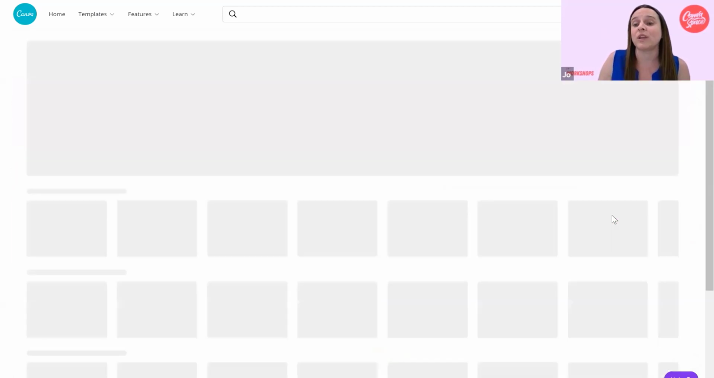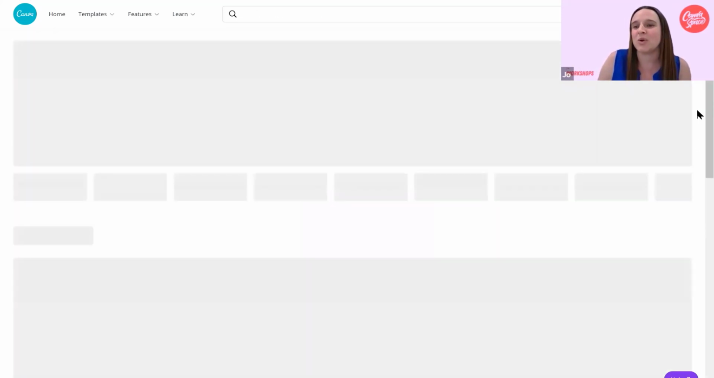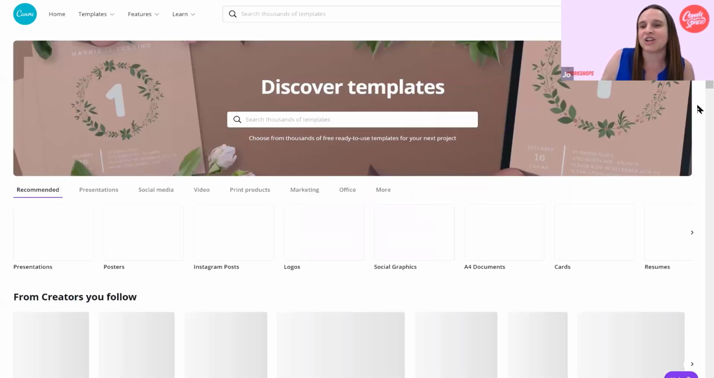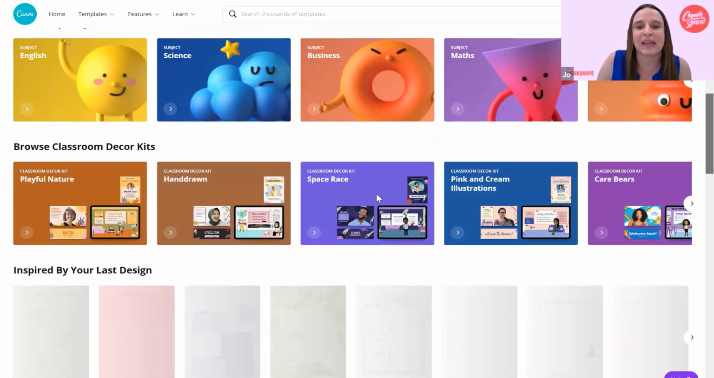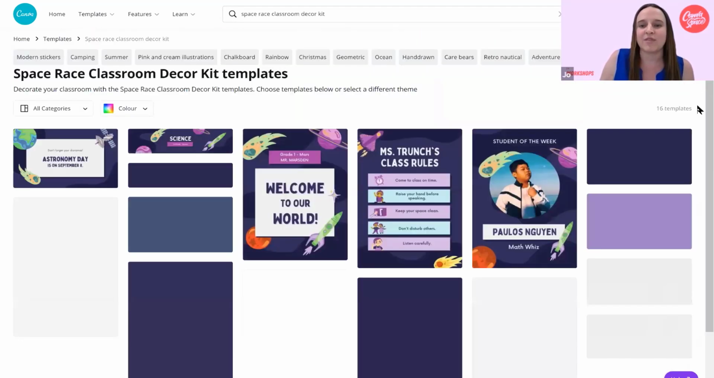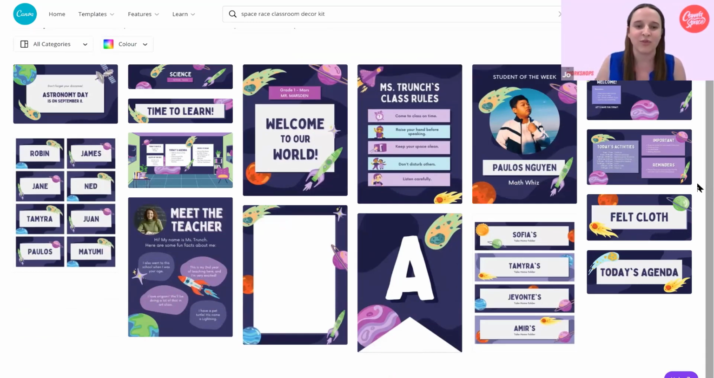So if you've got the lower years, you've got Care Bear themes here that's going on. You've got rainbow, you've got polka dot, you've got nature. There's so many different kits that you can use. Here's a space theme so you've got everything here that you might need all ready to go so that your classroom's decorated in a very uniform and